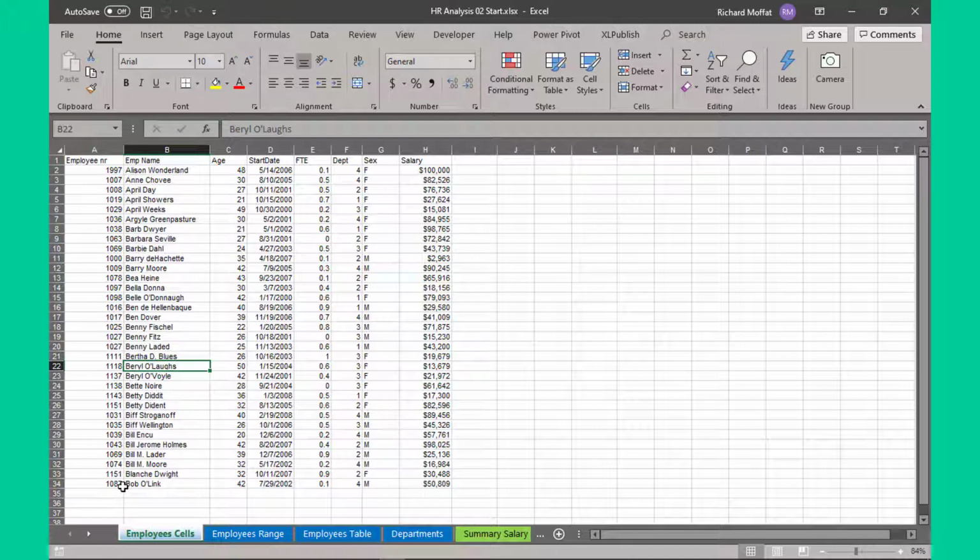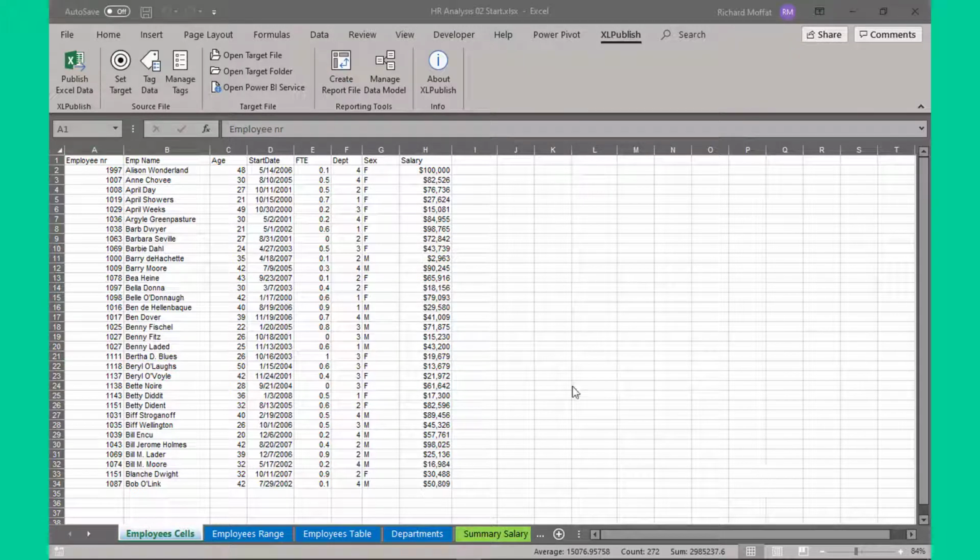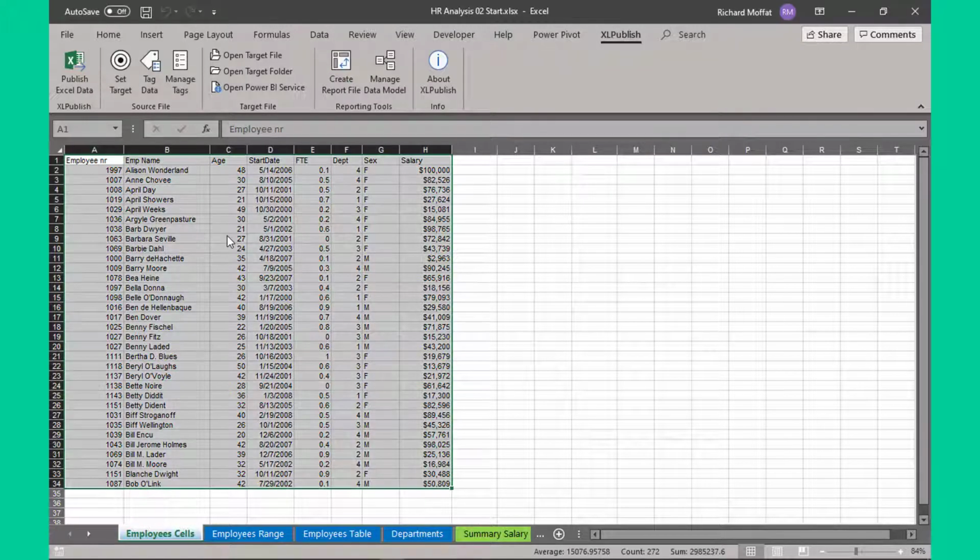Now, this is a very small record set. In the real world, your record sets could be hundreds or thousands or tens of thousands or even hundreds of thousands of records. So this range of cells is what's known as contiguous in the sense that there's no blank rows and no blank columns. So I could select the range ahead of time and say this is the range I want to